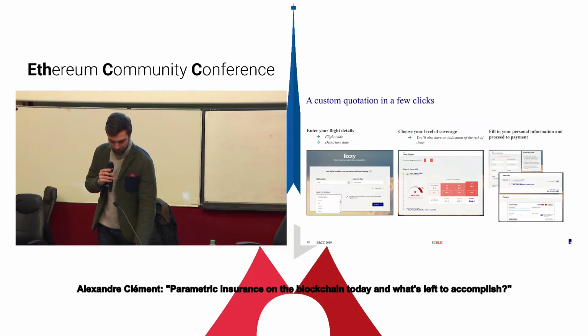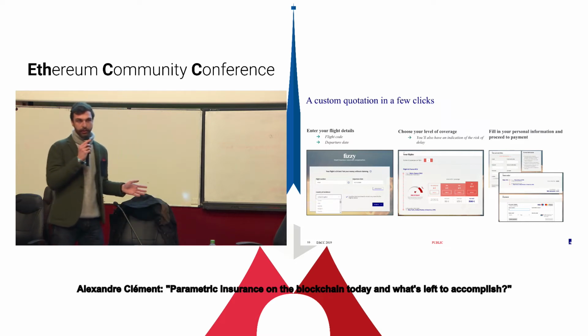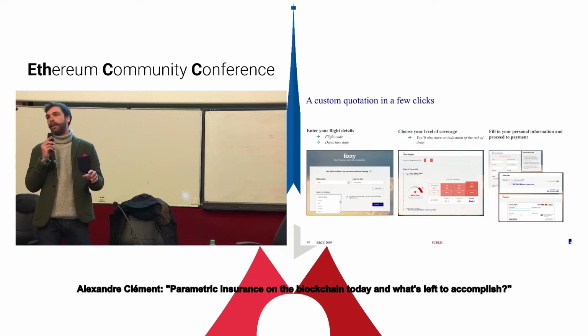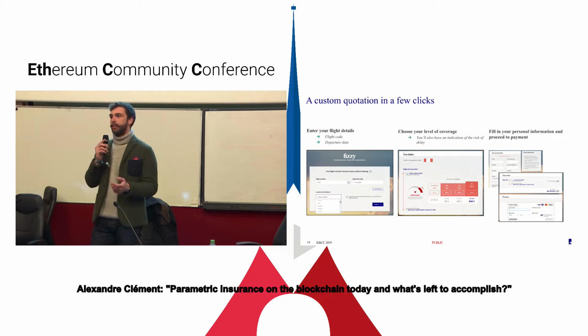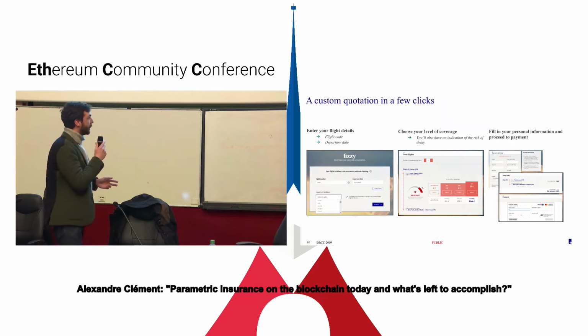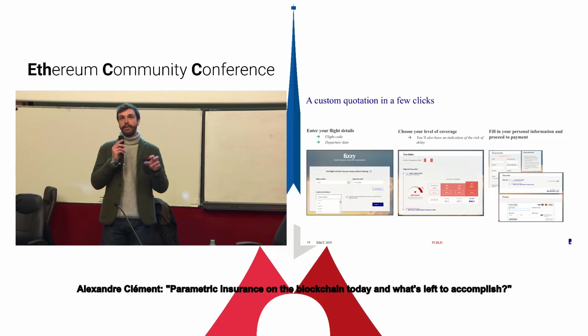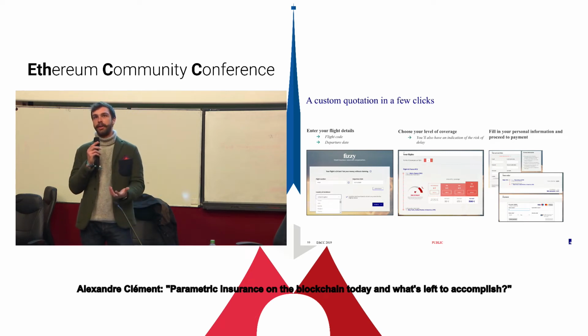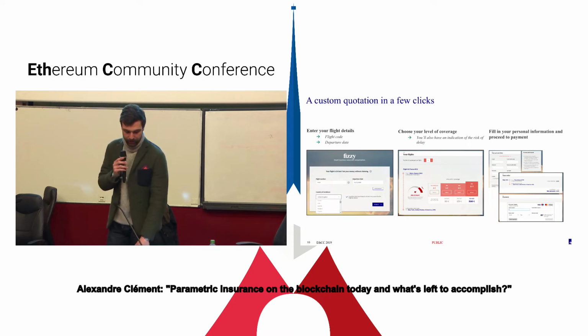And then the interesting part, at the moment of your subscription, we will write all the parameters of your policy on the smart contract, including the time of arrival that will trigger the indemnity. And at flight landing, we will use the smart contract to provide the actual landing time, do the comparison between the actual and scheduled landing times, and take the decision whether we should compensate or not. So at the moment, this comes back to our backend to trigger an indemnity or not. But what we would like to imagine is to have Fizzy in an integrated Ethereum environment. And this is what it could look like.